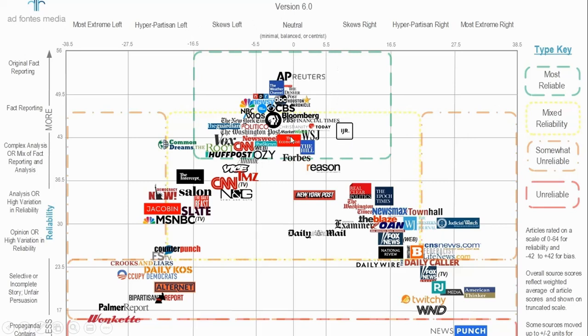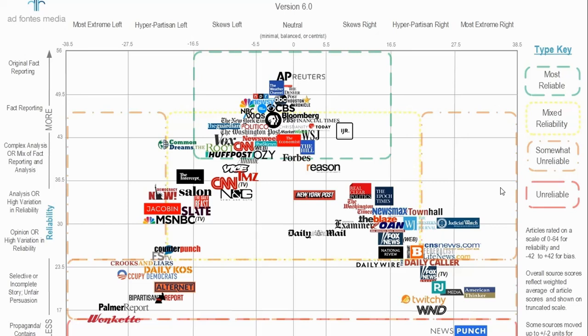So the sources that are toward the middle here are going to tend to be reliable. They're going to tend to be the most politically balanced. Whereas as you move to this side with things like Occupy Democrats, Alternet, Counterpunch, things like this, these are going to be much more left-leaning. Similarly, things like Judicial Watch, Breitbart, Federalist, Daily Caller, Fox News, these are going to be far-right sources. So you want to be aware of those biases because those are going to shape the types of arguments that